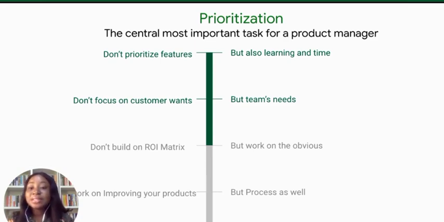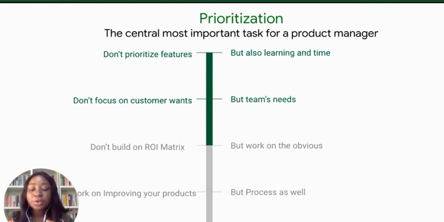And the success of the product is determined by you as a product manager being able to build the right products for the right people at the right time. These three things are very, very important to you as a product manager. And you being able to ensure that you build the right product for the right people at the right time, that is where prioritization comes in, right?